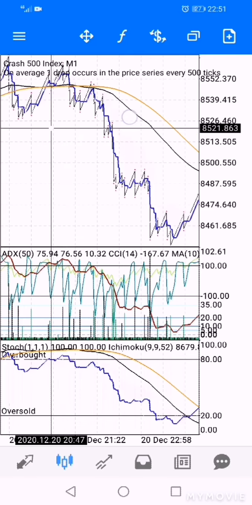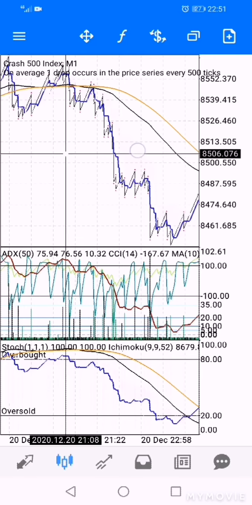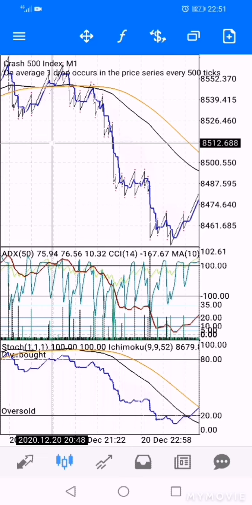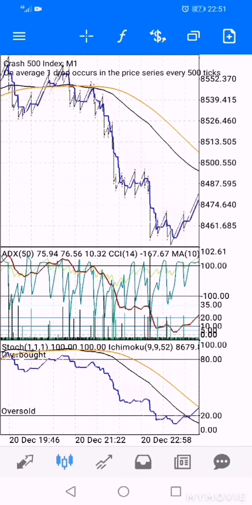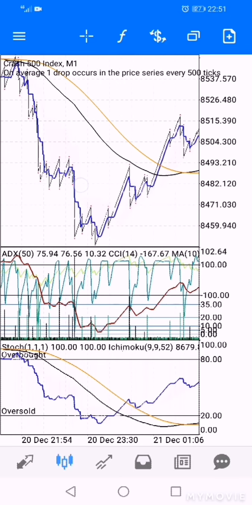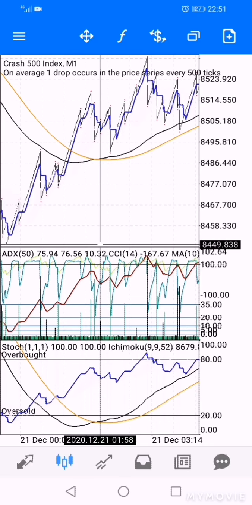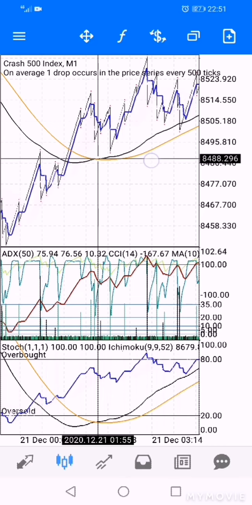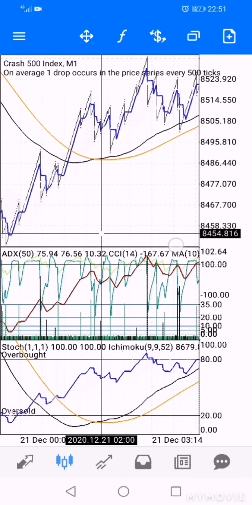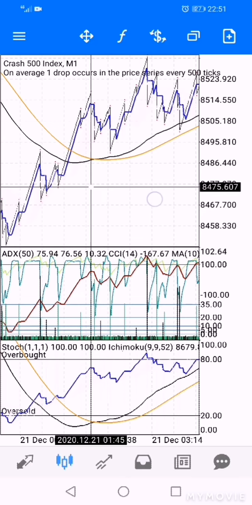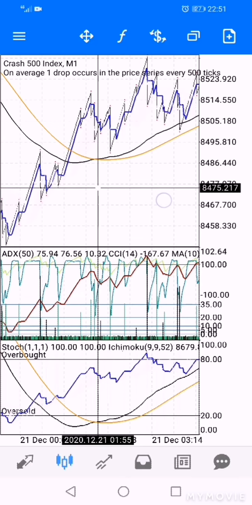I will know when it crosses. I will know whether I should sell or whether I should buy. All right. Okay, I hope that is understandable. So that was a sell. Let's look for a buy. Okay, here is a buy. It crossed here. You can see it crossed here. And then when you go to the oversold line, it also crossed below there. So you know now that, okay, now the action is